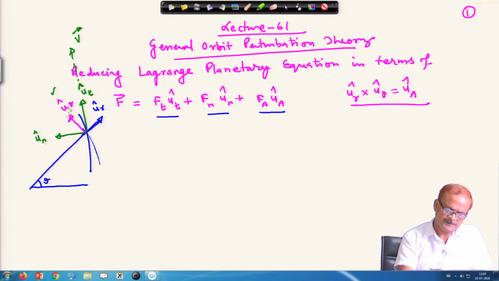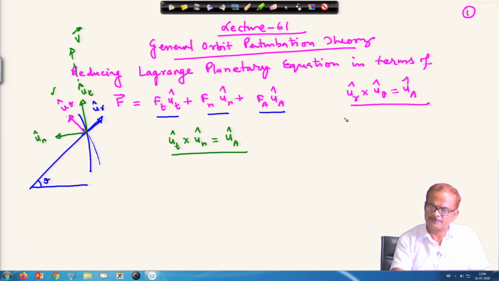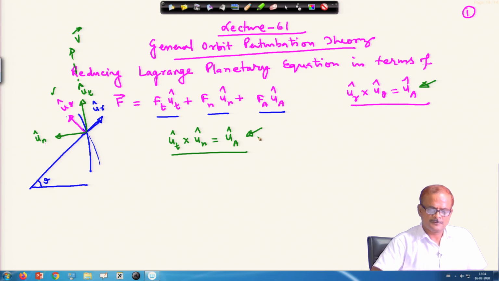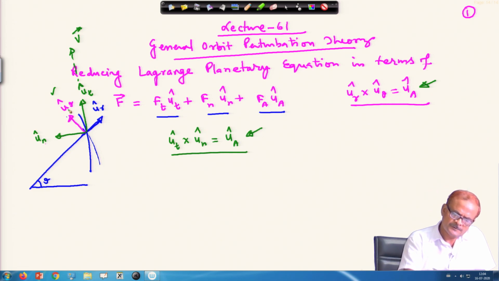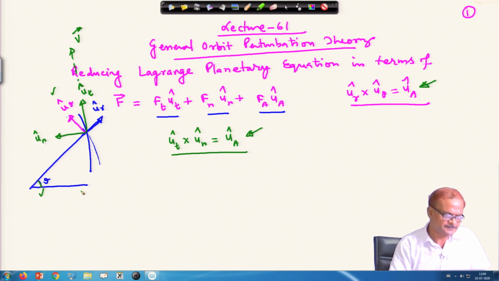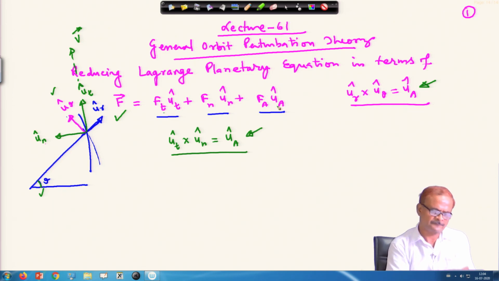So, instead of u theta we now have u n cap, and perpendicular to this, u t cross u n cap, we are going to write as u a cap. In the previous case also u a appeared, and here also we are using this symbol u a. Already we have discussed how this is u theta, because the angle theta is shown here. These things I am not going to discuss in this place. So, with the equation written for f t, u t, f n and in terms of f a.